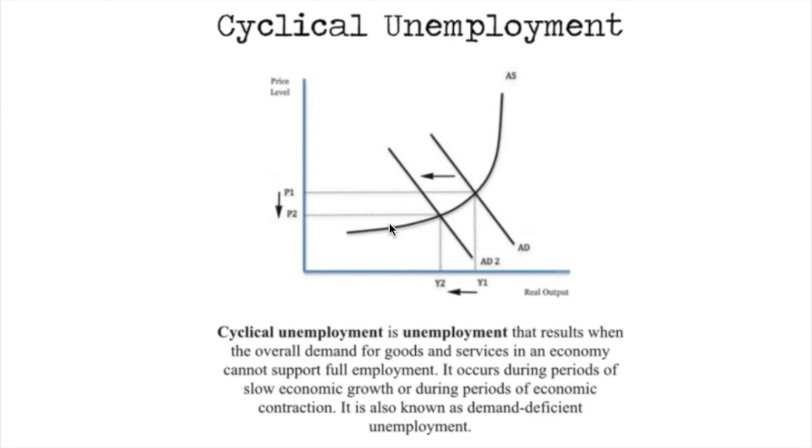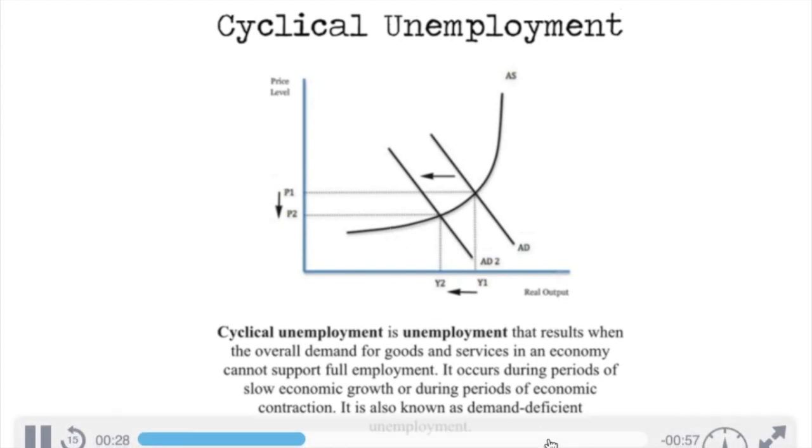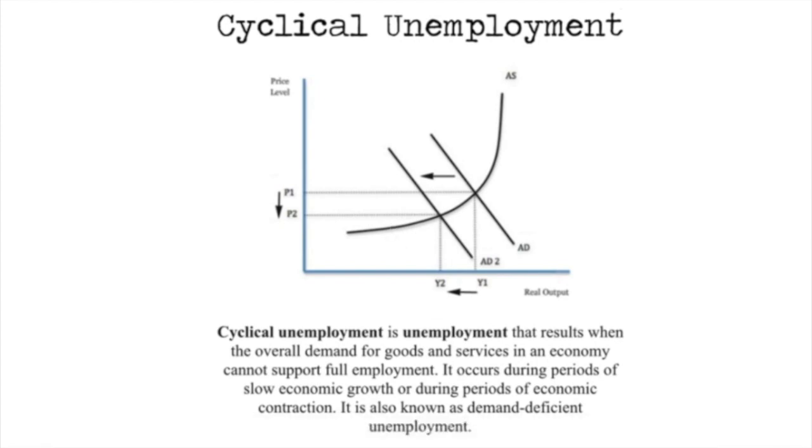workers. So cyclical unemployment is unemployment that results when the overall demand for goods and services in an economy cannot support full employment. So when we tend to see this is when there's been maybe a slowdown in economic growth, or even worse, when there's actually negative economic growth. So, for example, during a recession, when there's 2 consecutive quarters of negative growth, we'll see high levels of cyclical